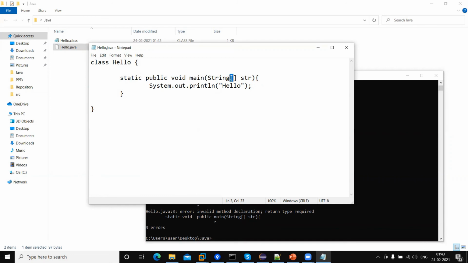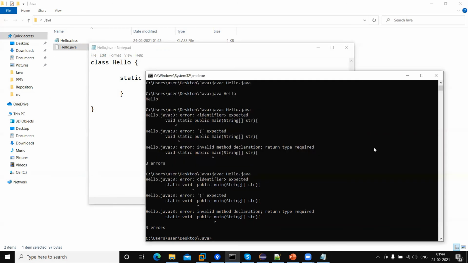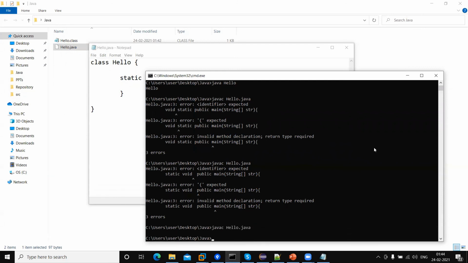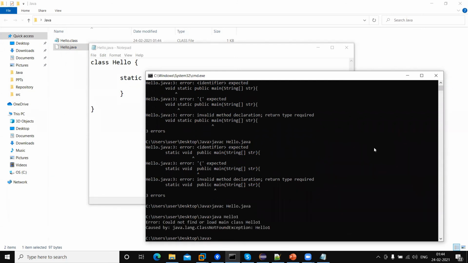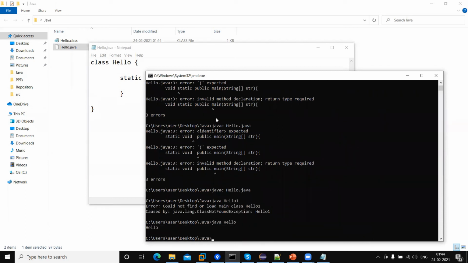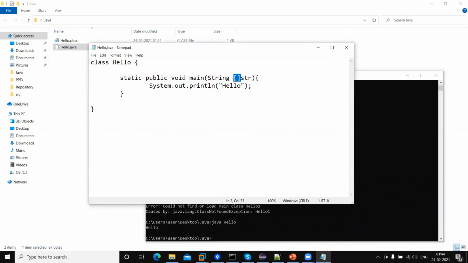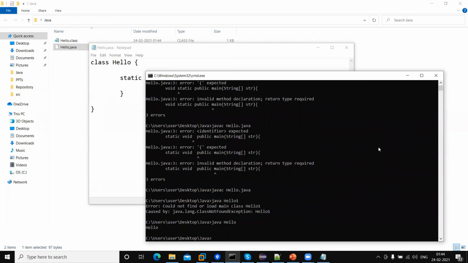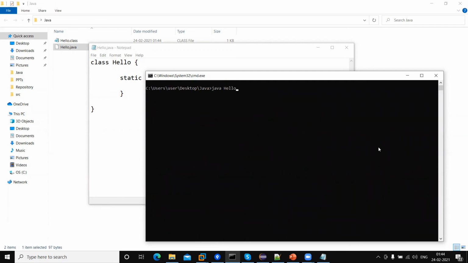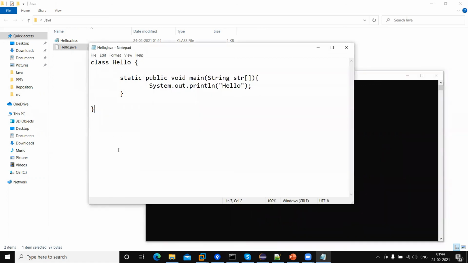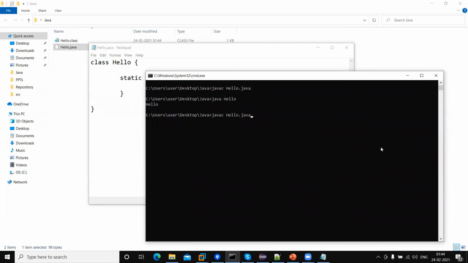Here in the argument we can write it in different ways. Like this, we can put the square brackets before the variable. You can see this is working. We can also put them after the variable, like this. Compiled, executed. We can remove this and add the triple dot here. Compiled